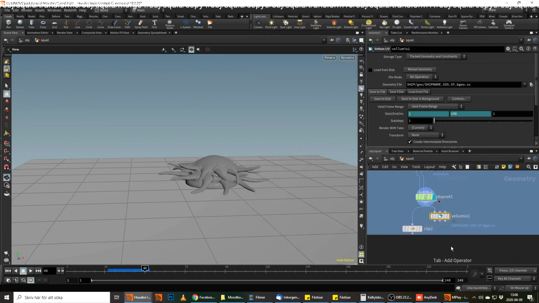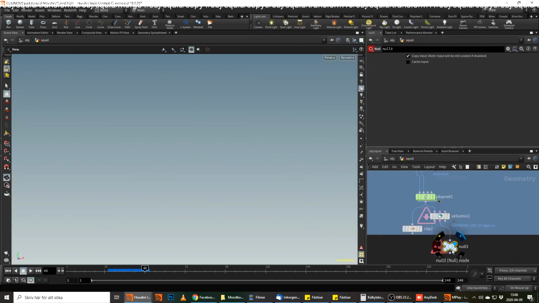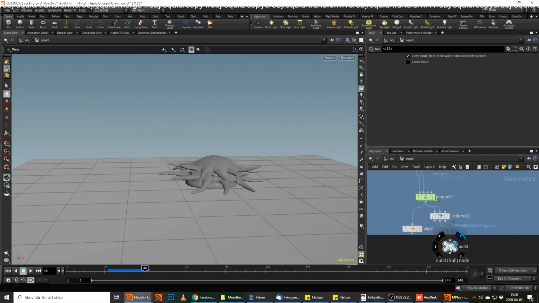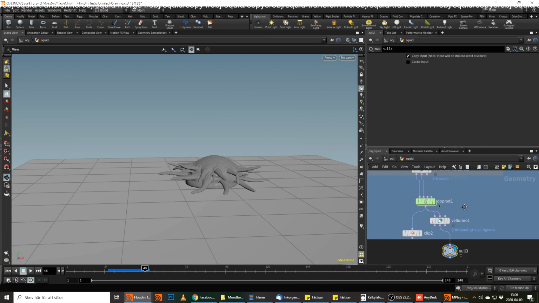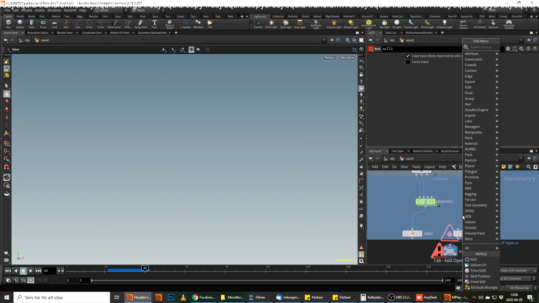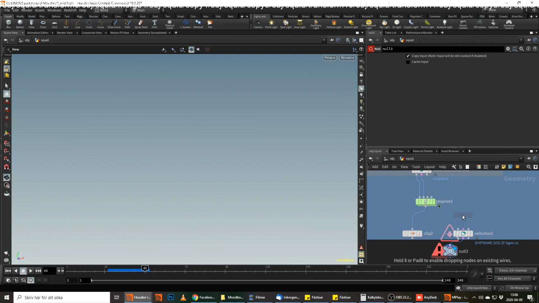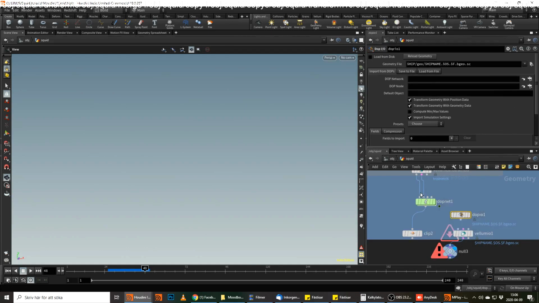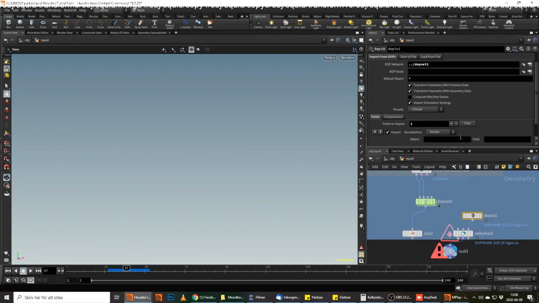So I'm gonna do a null here. And here we have the constraints. Right? No, can't we do that? No, sorry, we have to do it like this. Sorry, we can't just plug it into Vellum IO. We have to drop in Vellum Drop IO. And we're gonna take that top network, and we're gonna take the top node